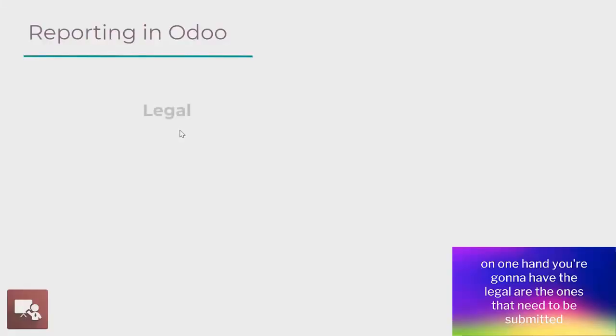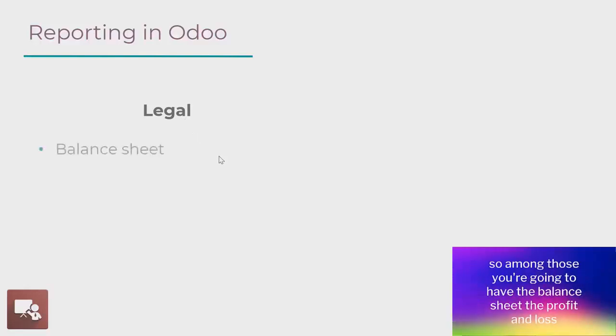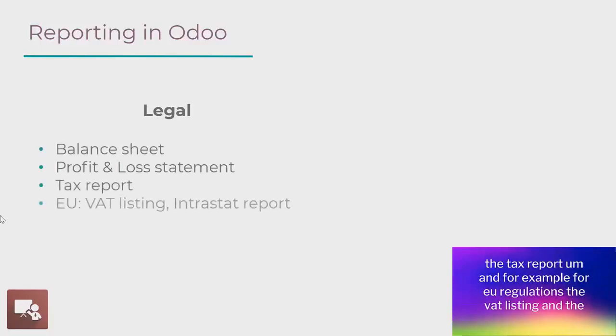On one hand, you're going to have the legal reports, which are the ones that need to be submitted to the legal authorities in order to be in compliance with your accounting. So among those, you're going to have the balance sheet, the profit and loss, the tax report, for example, for EU regulations, the VAT listing, and the